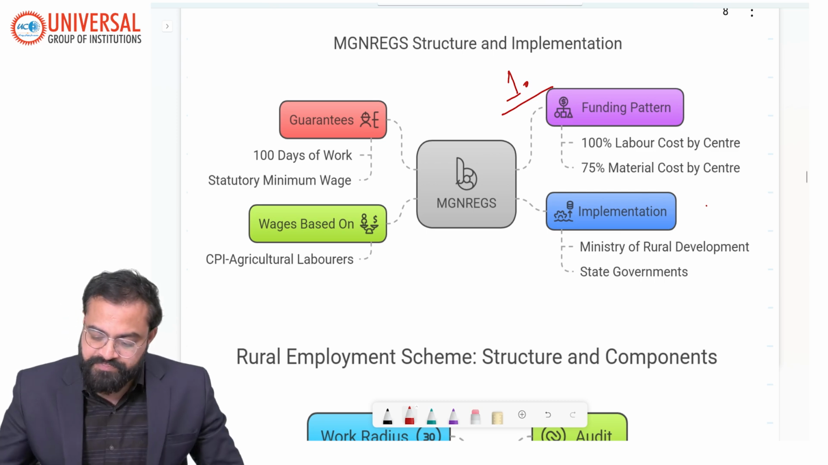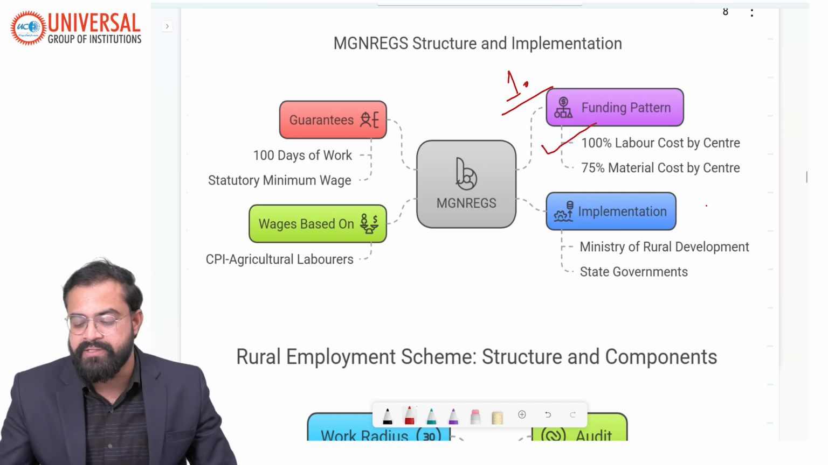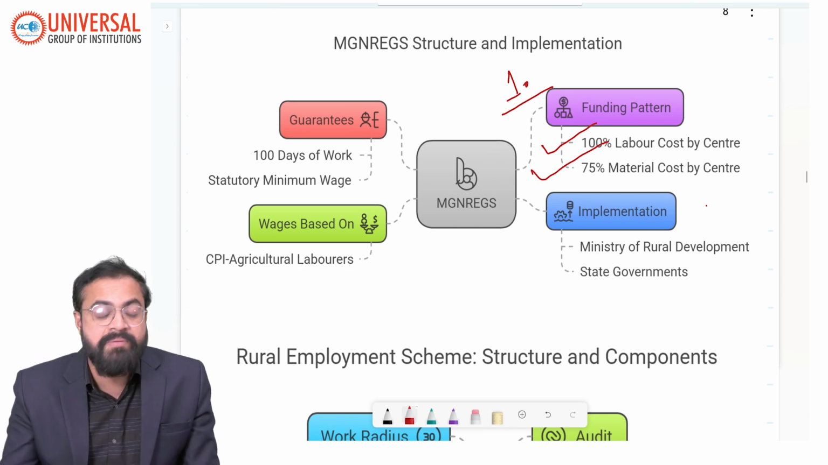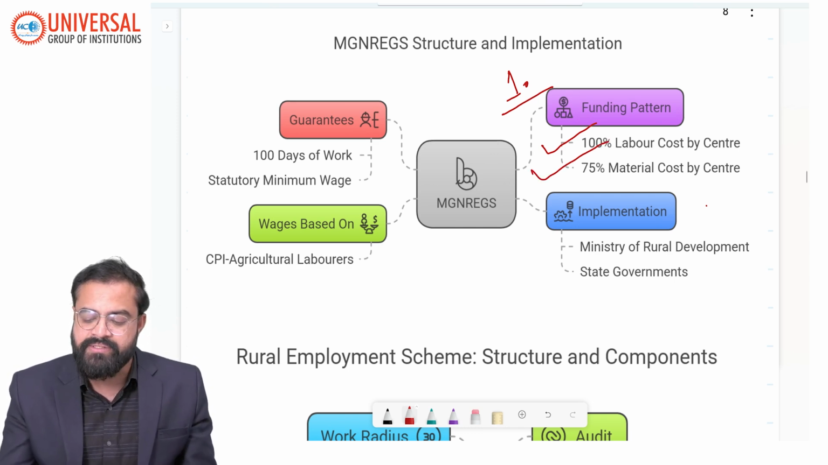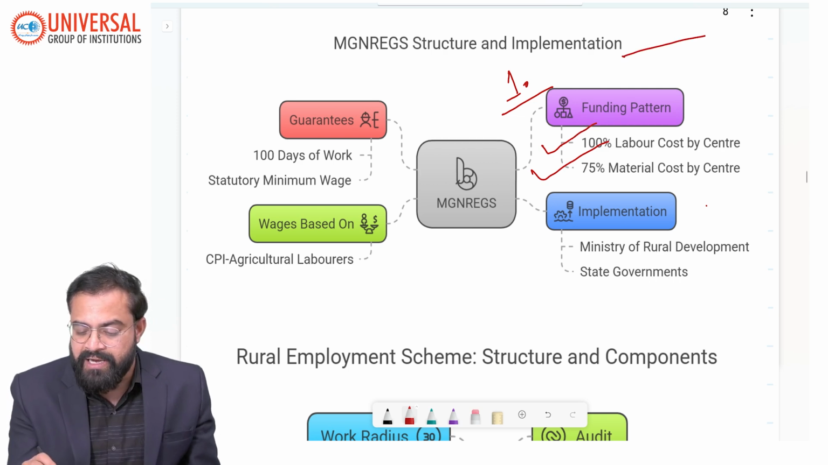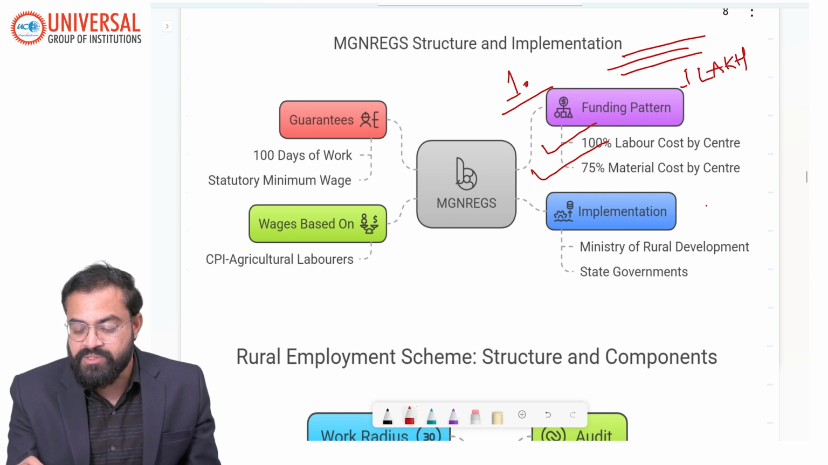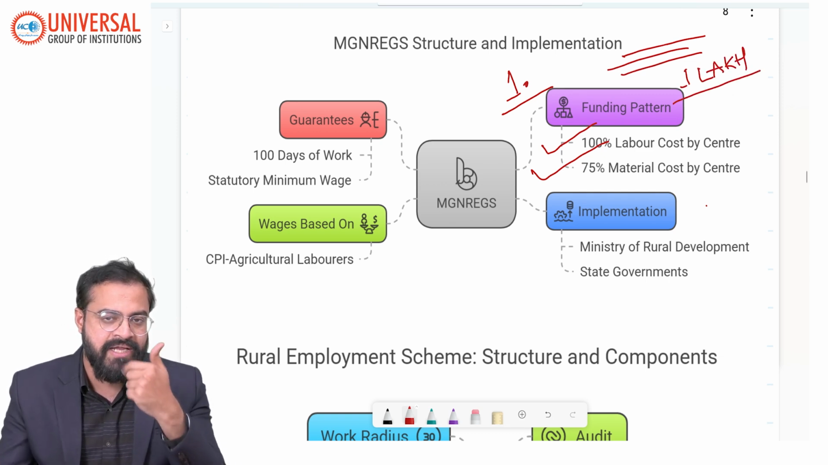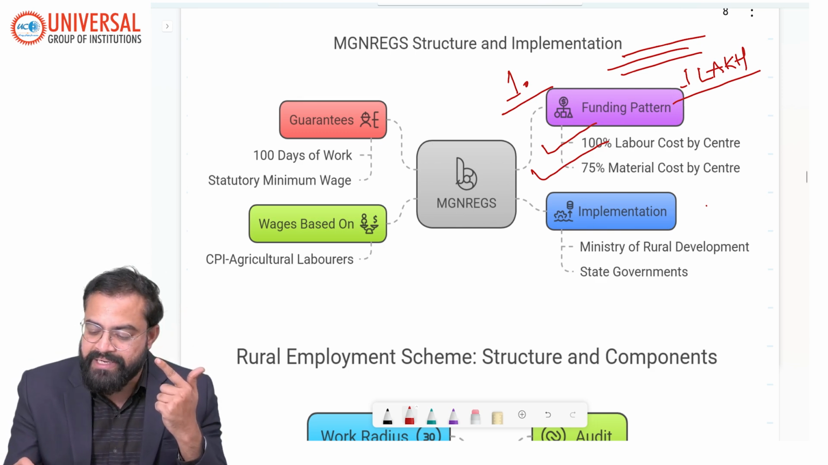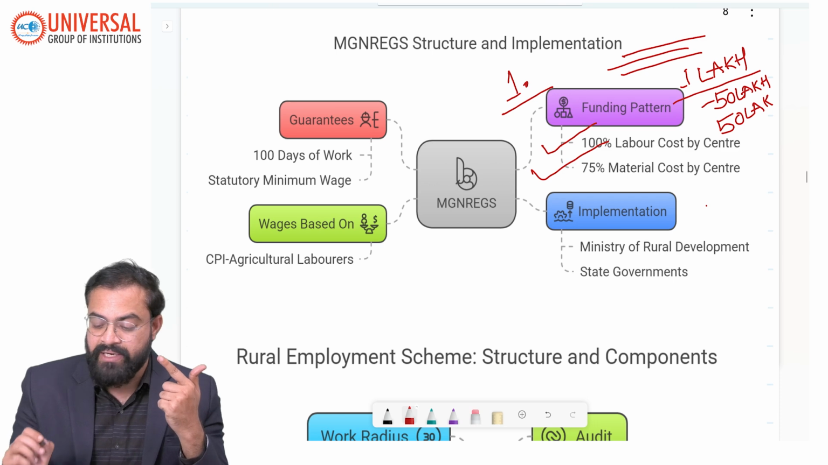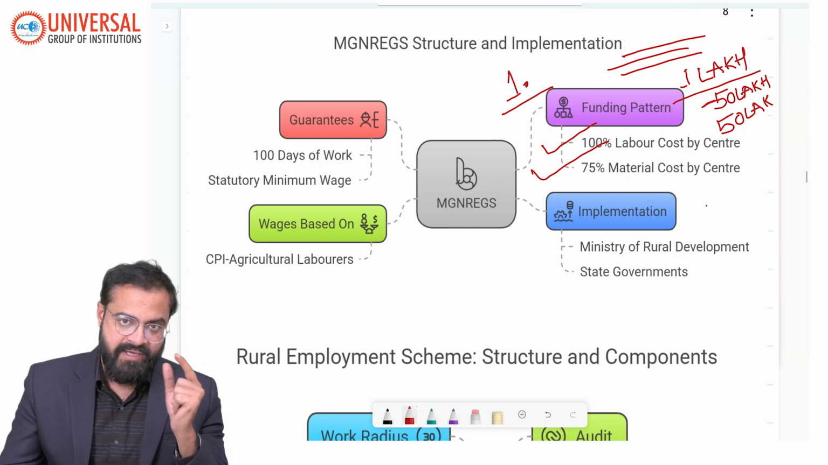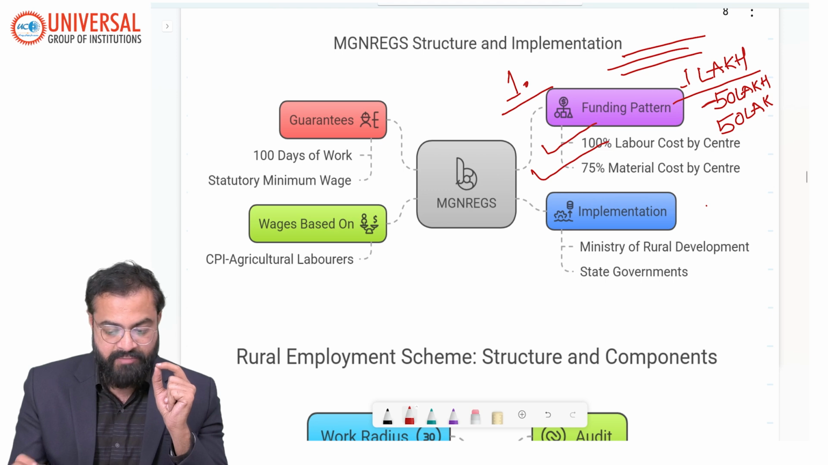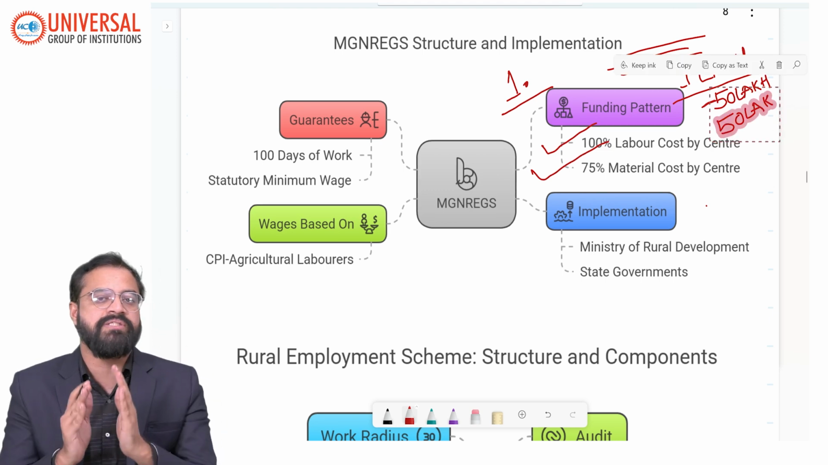So, funding pattern: 100% labor cost will be funded by the central government. 75% of the material cost will be funded by the central government. Very simple one. Let's say to build 1 kilometer of a road, they require 1 lakh. Okay, this 1 lakh includes the material cost as well as the wage cost. Let's say the material cost is 50 lakh and the wage cost is also 50 lakh. Of the material cost of 50 lakh, 75% will be borne by the central government, whereas the wages, 100% of the wages will be funded by the